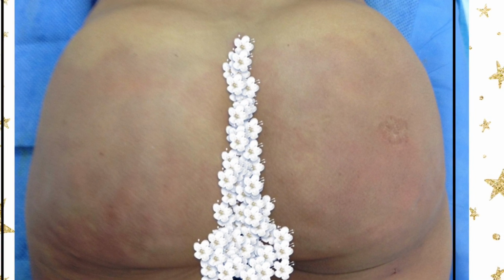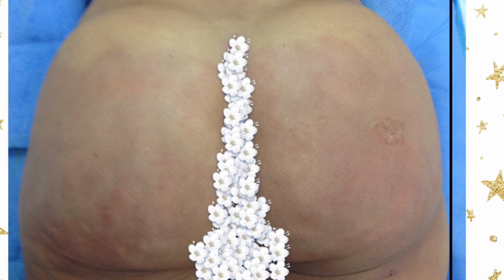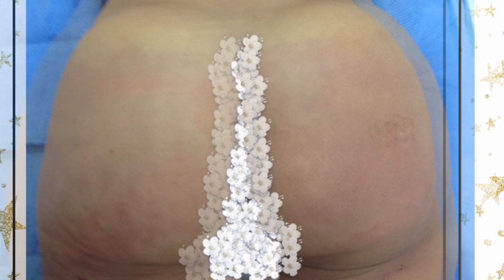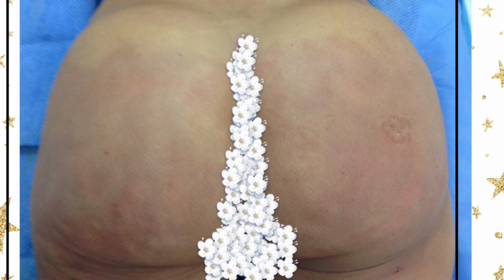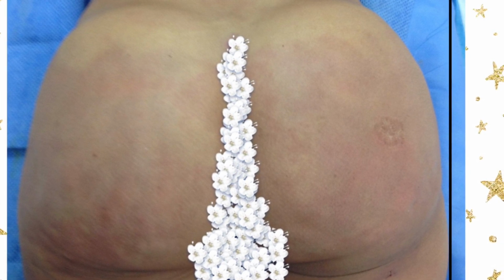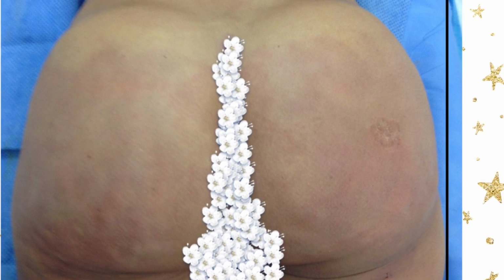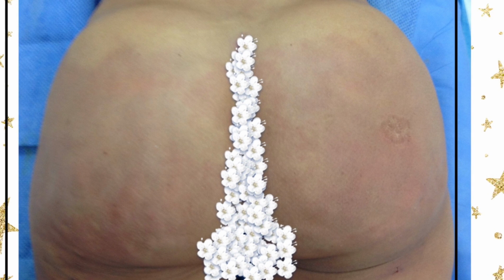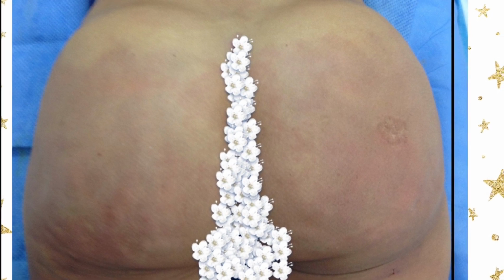If a patient wants a 700cc implant, that is just not reasonable for most patients. Now, even if the implant can be placed appropriately, there's still higher risk for that implant failing, which is something I always tell patients, which is why I tell them to pick a smaller implant. But let's say a patient wants a 700cc implant. It may be far smarter to place a 450cc implant, let the capsule form, let the scar tissue stabilize, let